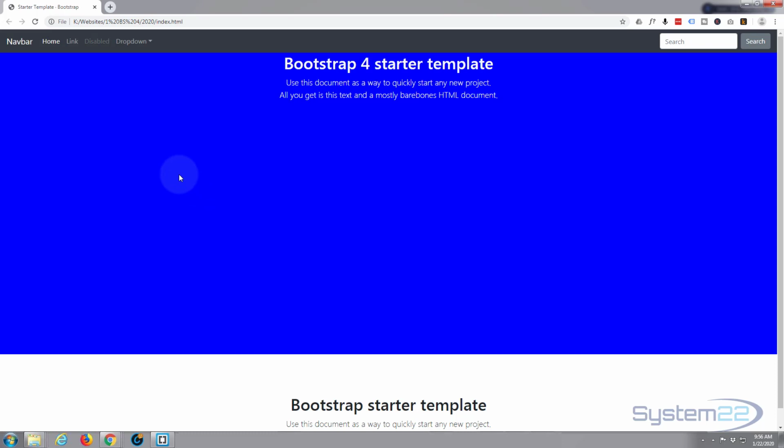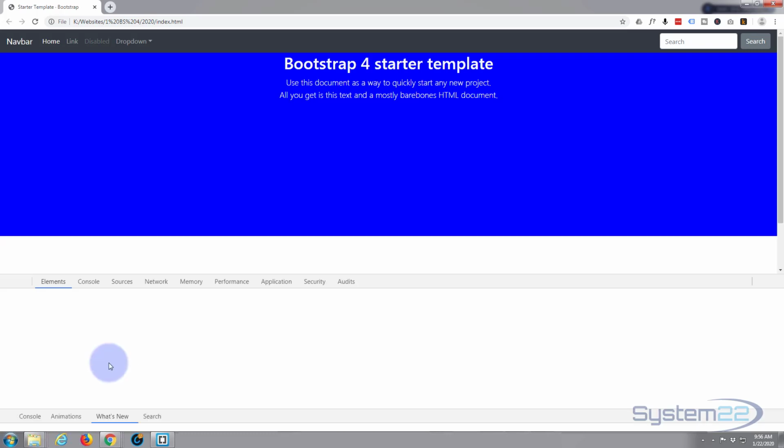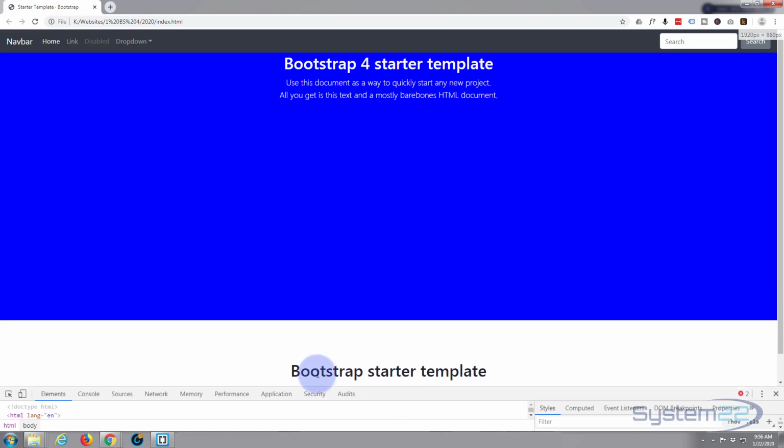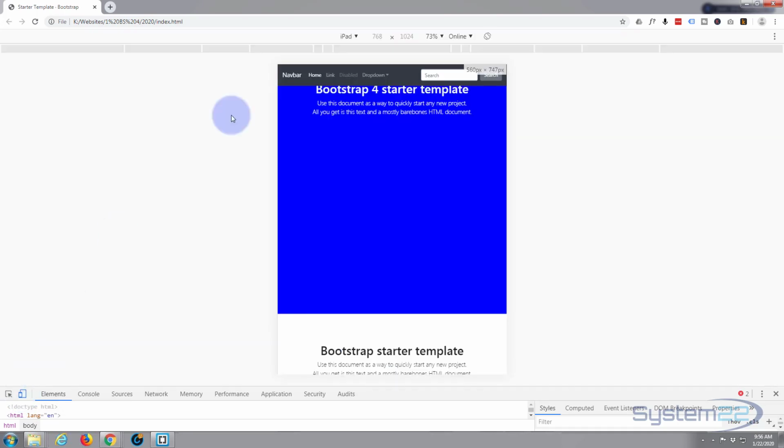Okay, so we've got this as text center, so it's centered, all right, but what if we want to vertically align it here? Well, we can use another bit of Flex CSS to make sure it's in the middle there. And just to show you, this will be 75% of the screen of a smartphone and a tablet too. I'm using Google Chrome here, so if I hit F12, we'll get the inspector up. Let's just get it down a little bit. And the responsive device toggler, if I switch that on,